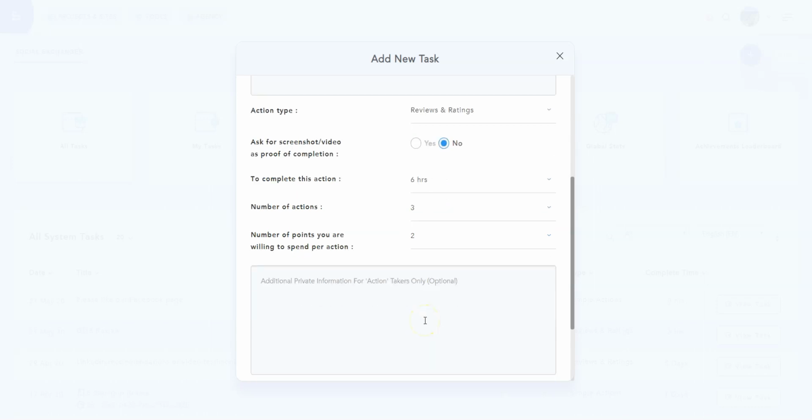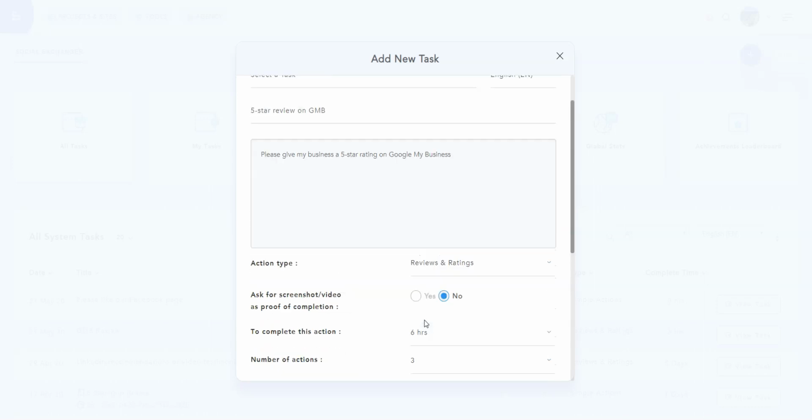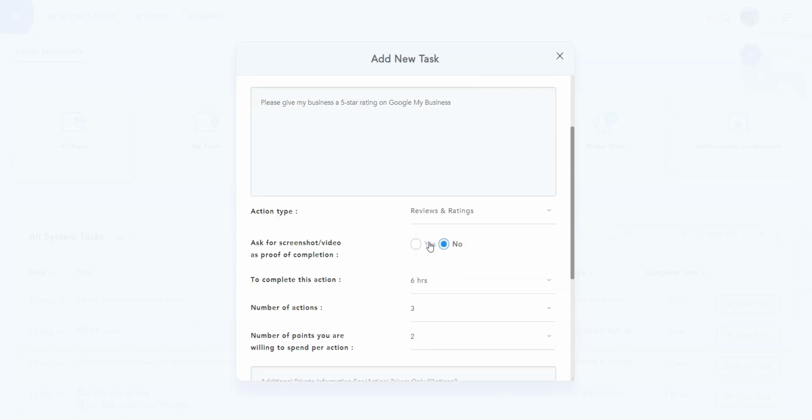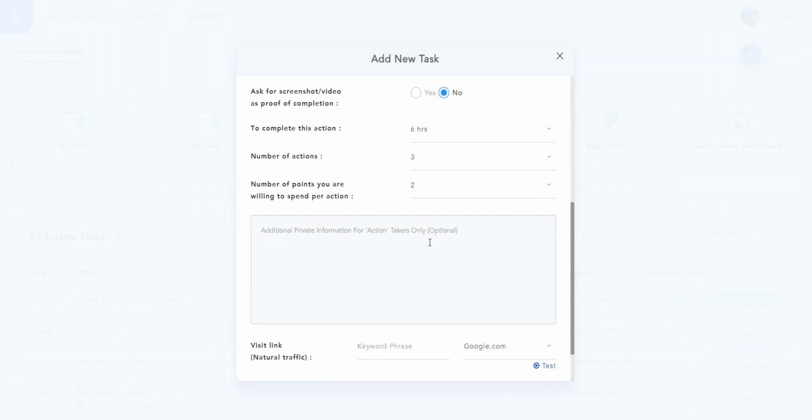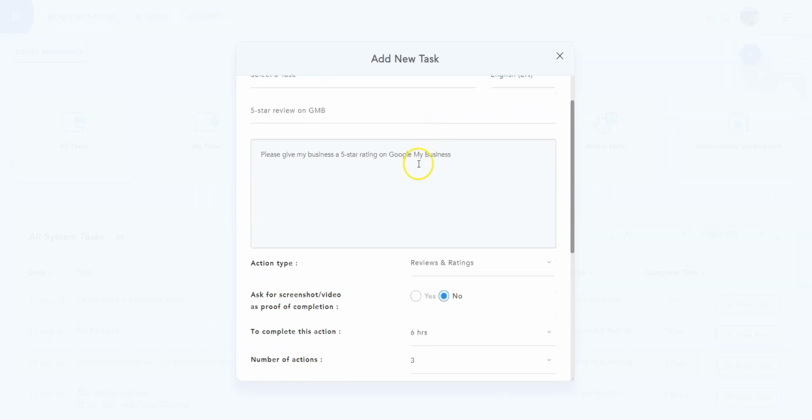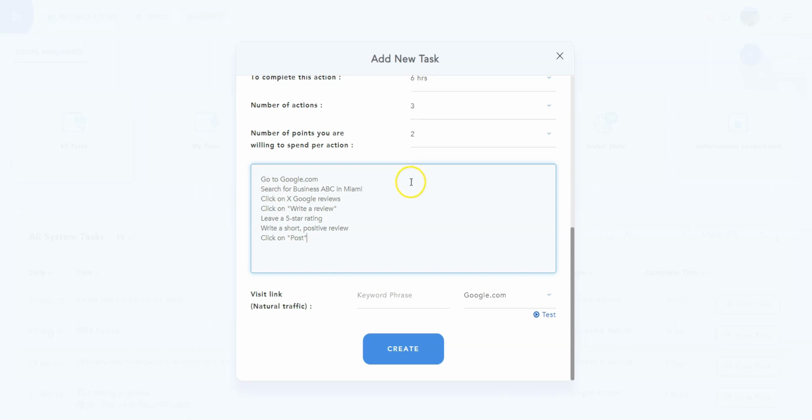Then in this form here, you can write more private information. So in the description above, I decided to go for a short general description to give people an idea of what the task is about. I could have written a more detailed description here. What I'm going to do in this example is write more details here. So for example, I'm going to write my business name and more instructions. So what I wrote in the description field above will be visible to all SERP members, and what I wrote here in this other field will only be visible to SERP members who decided to take this task. That way you decide who sees what.